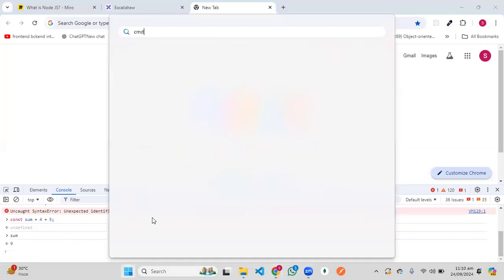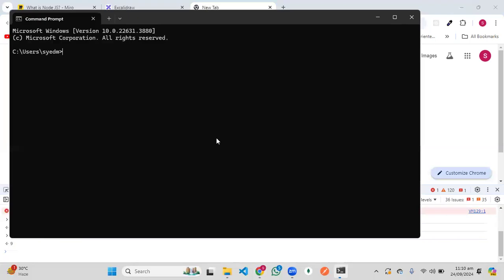Outside the browser means what if I want to run my code inside the terminal, inside my operating system CMD or terminal. Let me show you whether our code will run or not. For example, I want to create name equal to coding addition, the same code that we wrote in the browser. But here the terminal says it is not recognized as an internal or external command. Our terminal does not know what this code actually is because